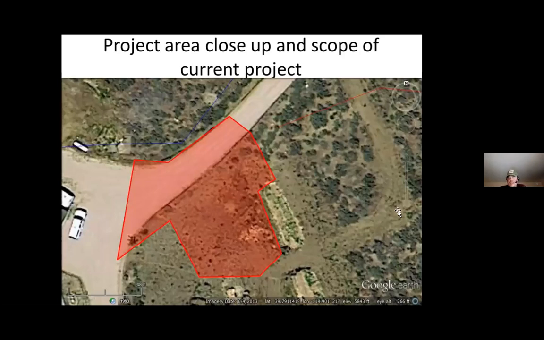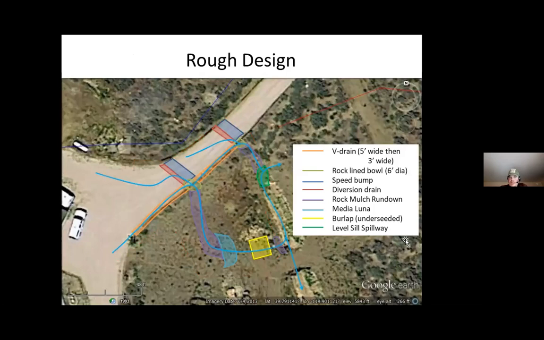So this is the gist of the project area. And here's a flow diagram showing the directions that the water comes from, the sources of runoff, and then the structures intended to capture and redirect and redistribute that runoff to minimize any damage to the site and allow it to slow, sink, and spread in the landscape and support